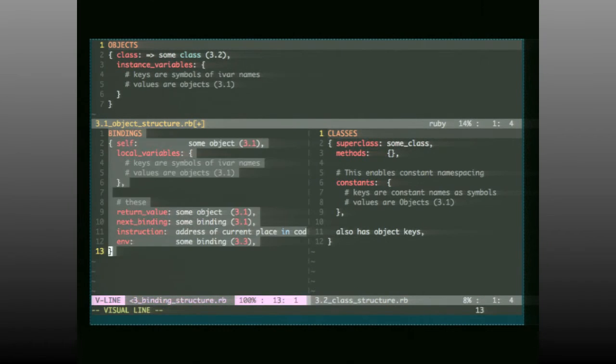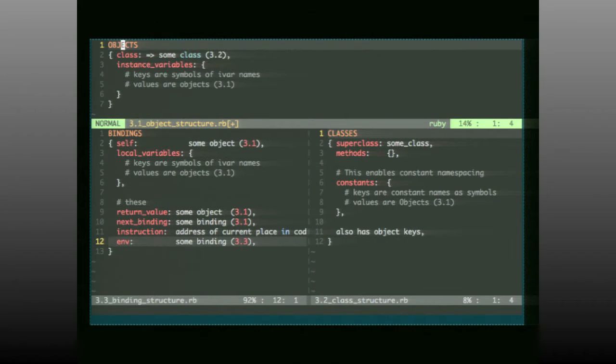And we can ignore this one for just a minute, and we'll just talk about objects, and then we'll go to classes, and then we'll talk about bindings, okay? So there's a lot of questions that you would have when you're new, like what's an object, how do they work, etc. And I could think of probably 5 different explanations for what it is, but let's just talk about the structure of an object.